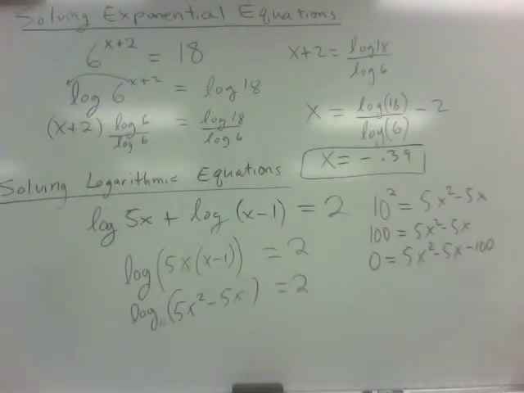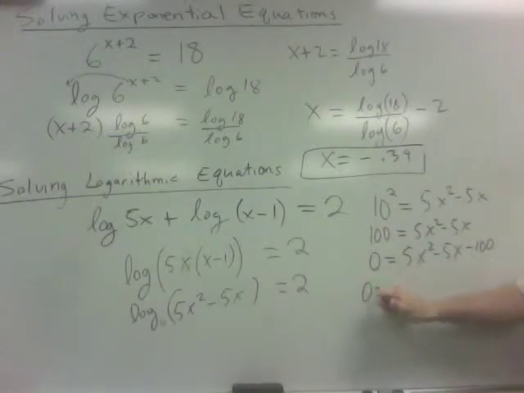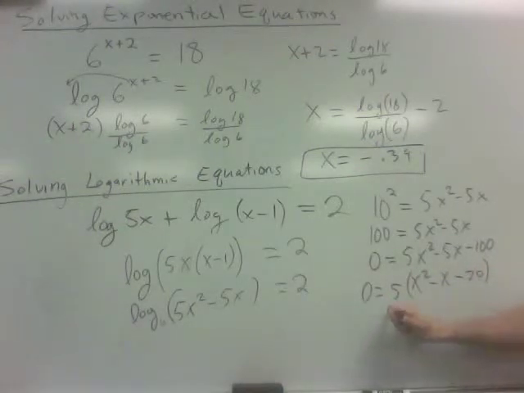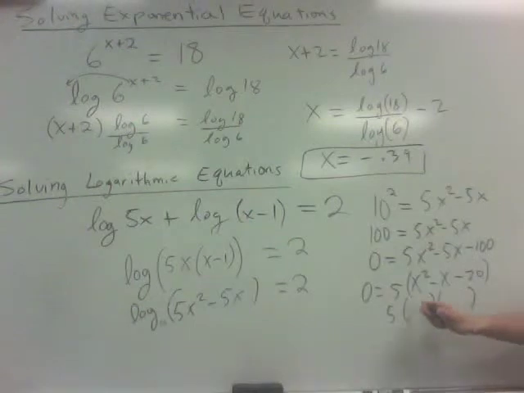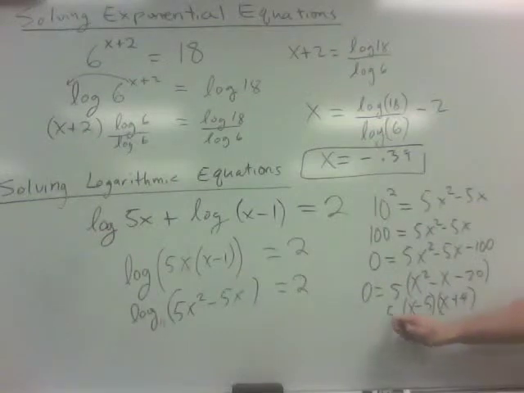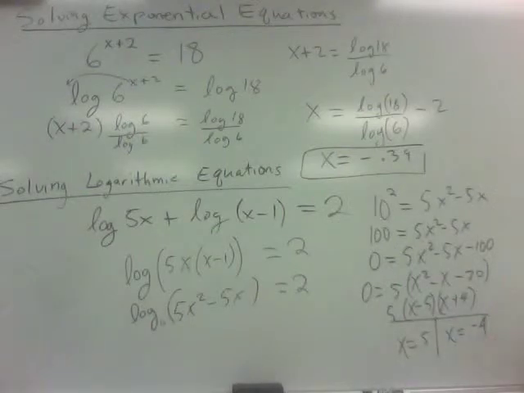And then I see that common factor of 5 that I can draw out of there. So I would bring out a 5. And then luckily for us, this is one where you could finish it off by just factoring. So it would be a negative 5 and a positive 4. You finish solving the equation and you get two answers, 5 and negative 4, which brings us to the last